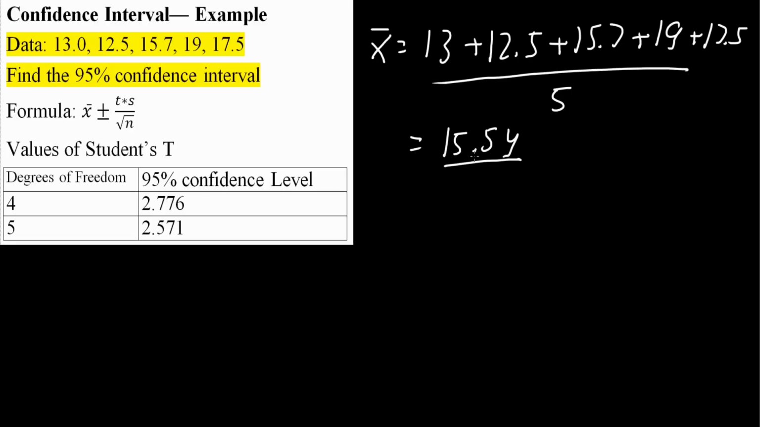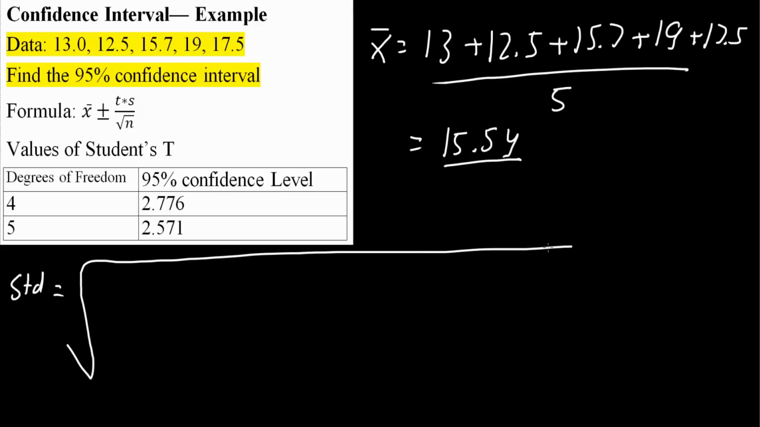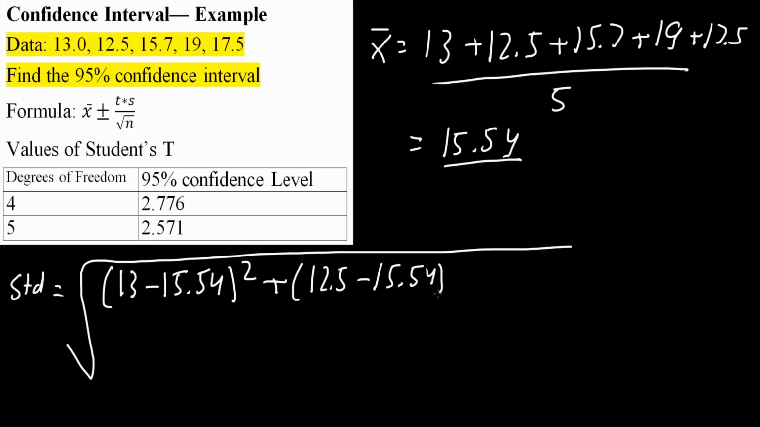Next, we will get the standard deviation. So standard deviation is equal to the square root. It's going to be pretty long. So we will have this number right here, the 13. 13 minus the average, 15.54. Close parentheses, squared, plus the next number. So 12.5 minus 15.54. Close parentheses, squared, plus parentheses,